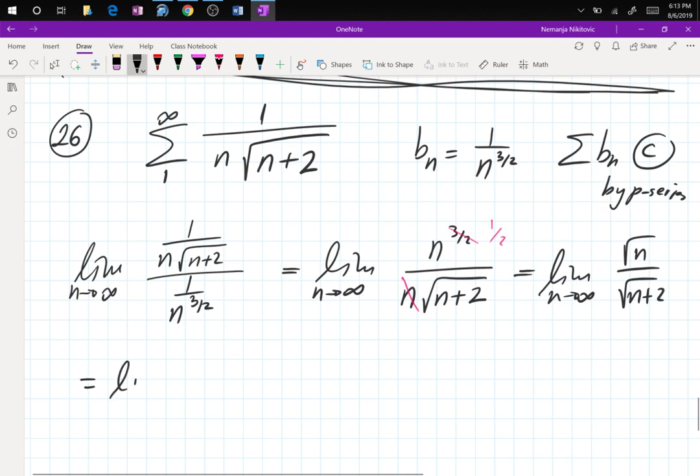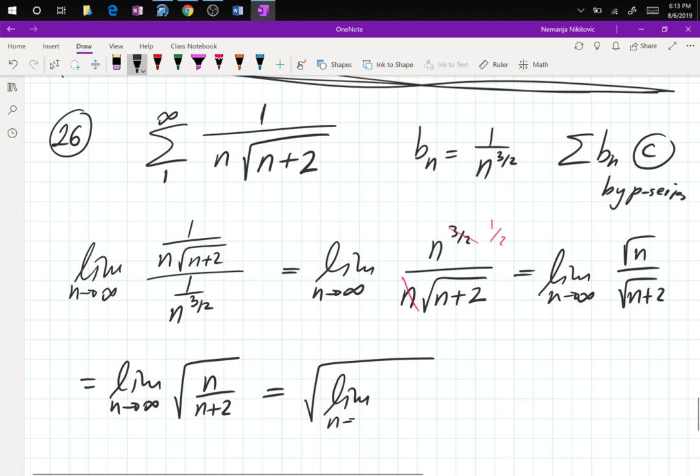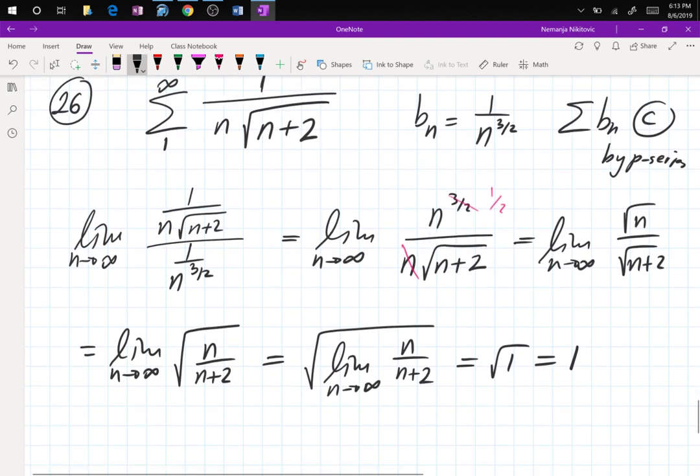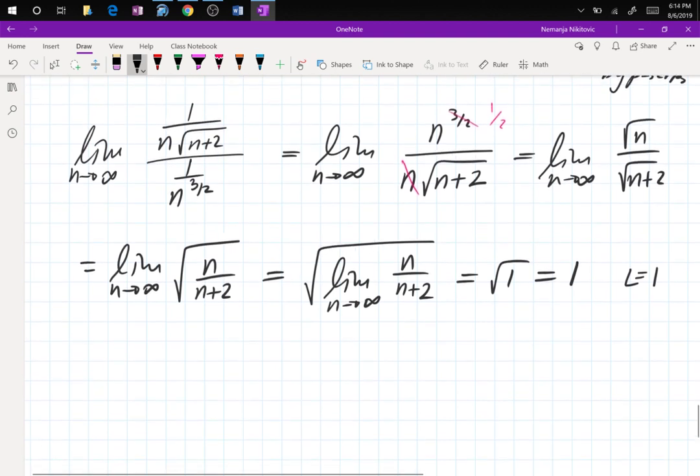Now you can put that in a single square root, which is n over n plus 2. The property of limits can kick the square root outside. That's the last rule you had on the limit rules in Calculus 1. And you get square root of 1, which is 1. So L equals 1. That's the first line on our list of rules. And we have a convergent Bn. So answer,